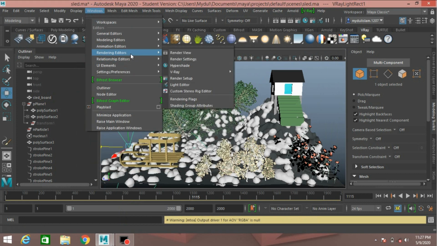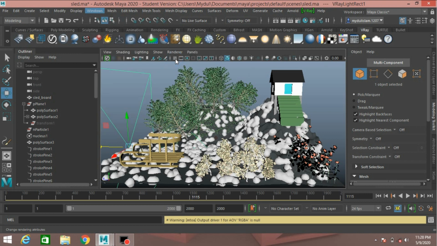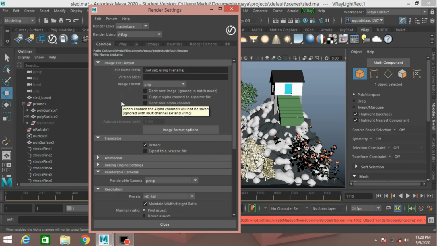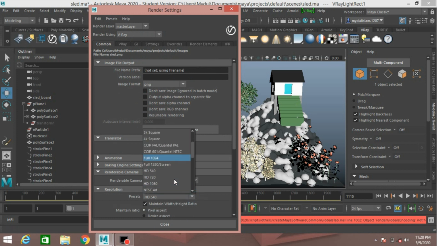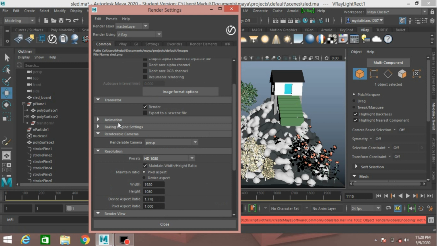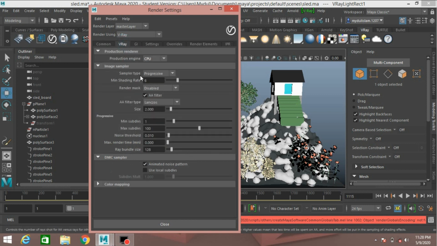Go to Windows, Rendering Editor, Render Settings. Render using, select V-Ray, PNG, preset, select HD 1080 pixel, sampler type progressive, that is correct.